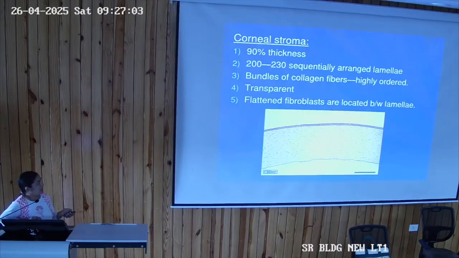Then comes the corneal stroma. The main portion of the cornea is formed by the stroma, which consists of fibers. A lot of collagen fibers are present here, in a well ordered manner. Anywhere else, if the collagen fiber bundles are present, where is that place? Tendon. Tendon is the place where well defined collagen fibers are present, with bundle branching of the collagen fibers. Now this layer is transparent and has flattened fibroblasts which are located between these lamellae. So you can see these dots, these are the nuclei of the fibroblasts.